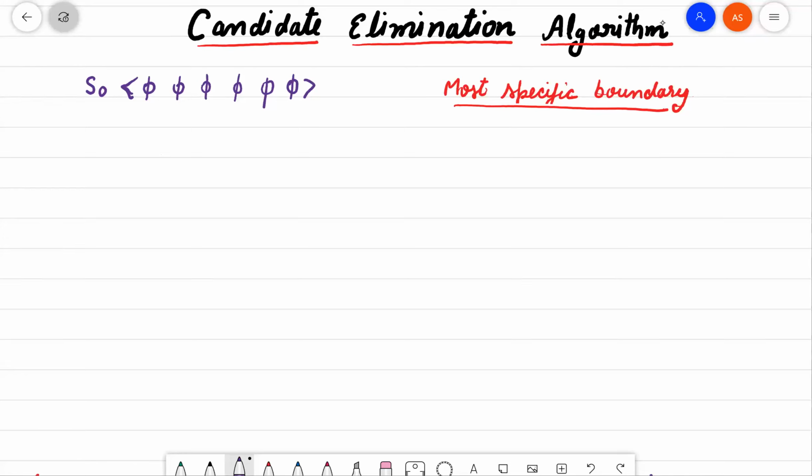But the candidate elimination algorithm can output more than one hypothesis that is consistent with the training set. The next limitation of the FindS algorithm is that it considers only the positive training examples and ignores the negative training examples. So in this candidate elimination algorithm,